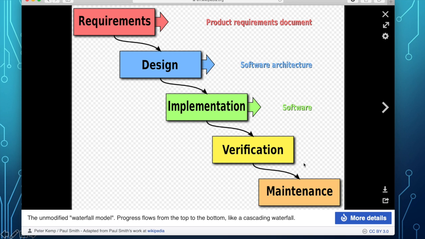It is one of the oldest software development methods used, but when it was used, you assumed that 100% of the requirements are known at the beginning of the project. So all of this can't begin until you know all the requirements of the client. And once you have all the requirements, you go through design, implementation, verification, and maintenance.